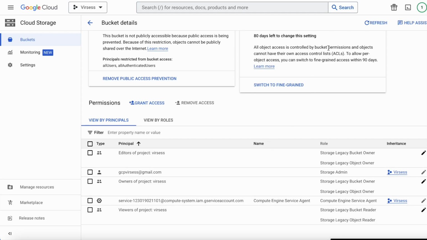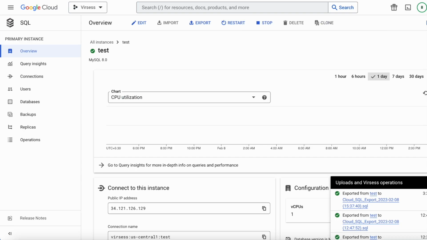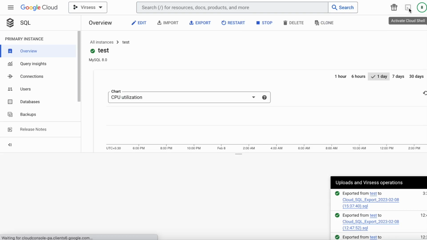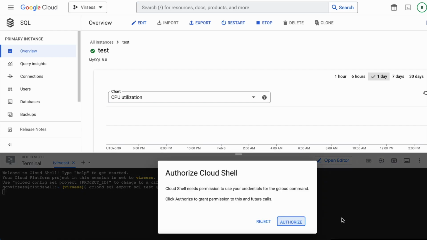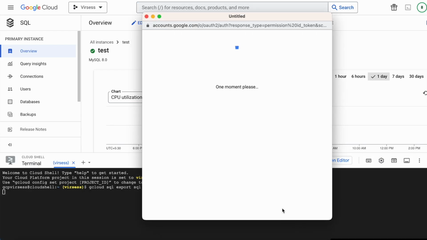Let me go to the user account, click on the Cloud Shell. Let me run the export command. This is the command that I will be running: gcloud sql export sql. test is the Cloud SQL instance name. gs://gcpversus is the bucket name. This is the export dump file name, and which database I am going to export, that is test1234. If I press enter, click on authorize,